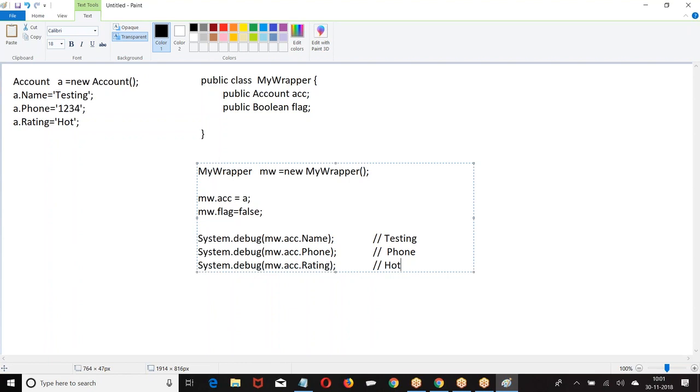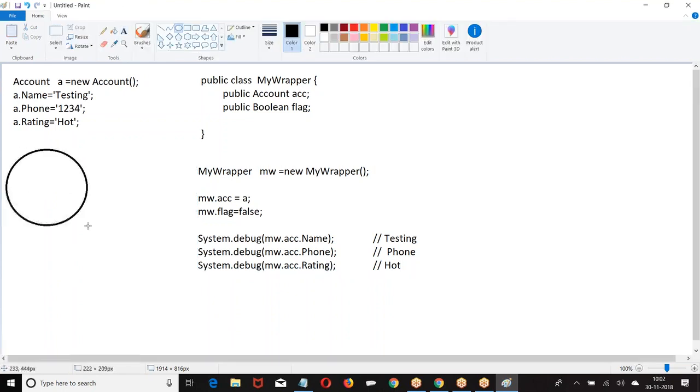Now I don't want you to create a new record. What I'm asking is, using the existing record A, assign the value to it. I'm not asking you to create a new record. Using the existing variable, whatever existing account A is there, assign A to ACC. Then what does it mean? What is that ACC referring to? It is referring to A. Whatever the location of A is, the same location is referred by ACC.